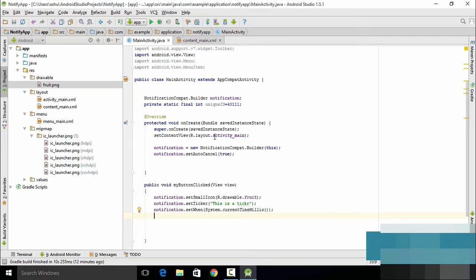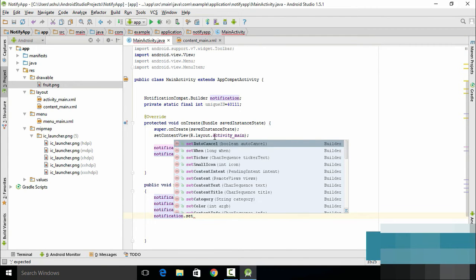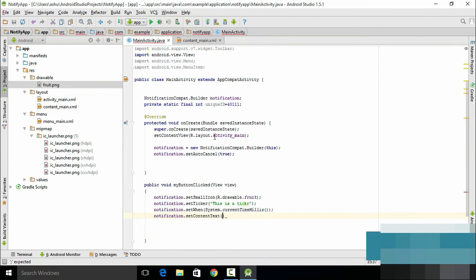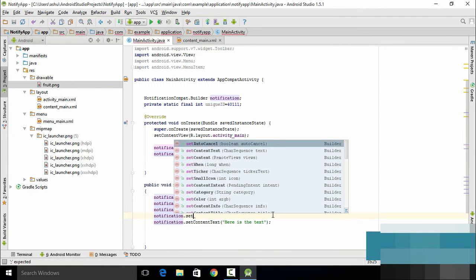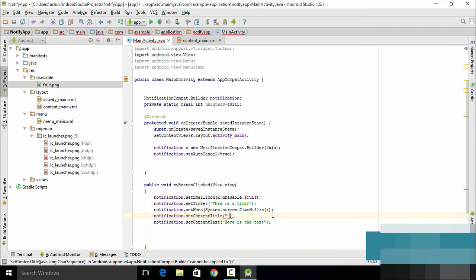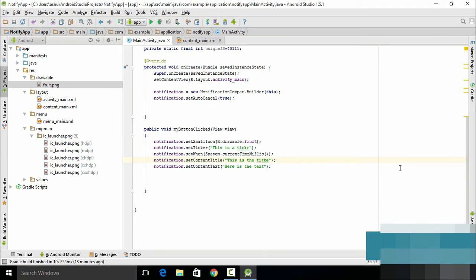And now finally we need to set the title and the text of the notification. So in order to do that, we again use the notification object, then we use the setContentText method in order to set the text. So we type in "here is the text", and we also need to set the title for it. So right before this, again we type in notification.setContentTitle, and let's say "this is the title". So once we are done with this, we are done with setting the notification, and make sure that you spell